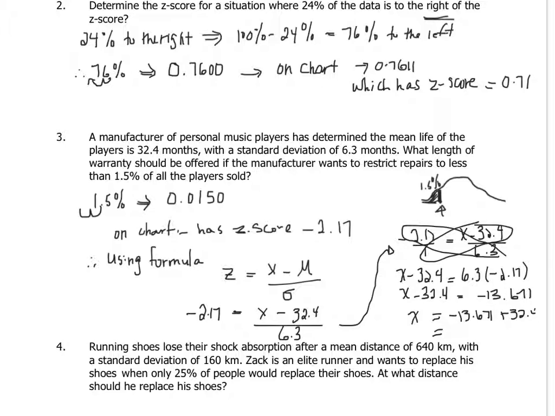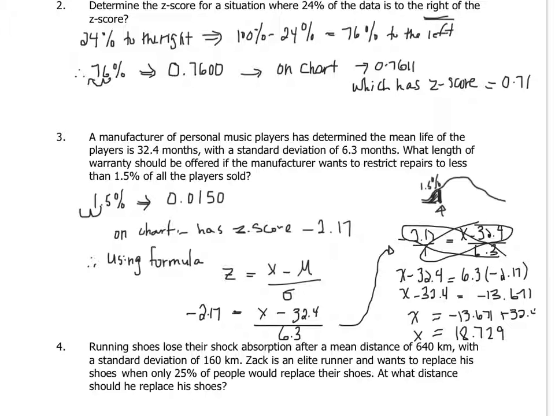So if you add that 32.4 onto that, you get 18.729. So basically 18.729 months would have a z-score that's negative 2.17, which would mean that only approximately 1.5% of the data,